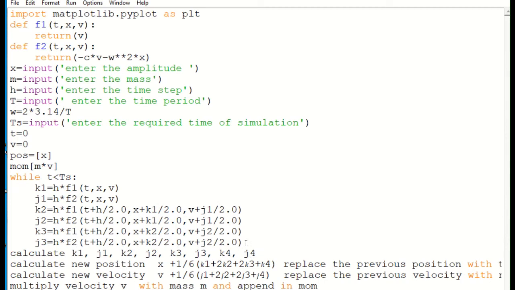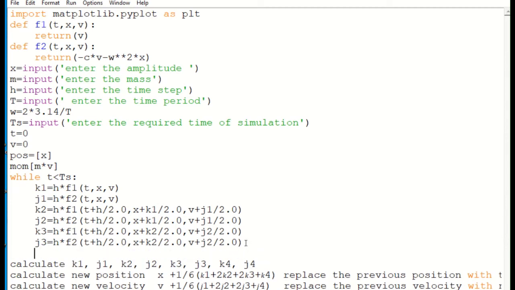And finally we need to calculate k4 equals h into f1 of t plus h by 2, then instead of k2 it is k3 by 2 and j2 it is j3 by 2. Oh sorry it's not like this, it's just t plus h, then k3 then plus j3, and I have to calculate j4.